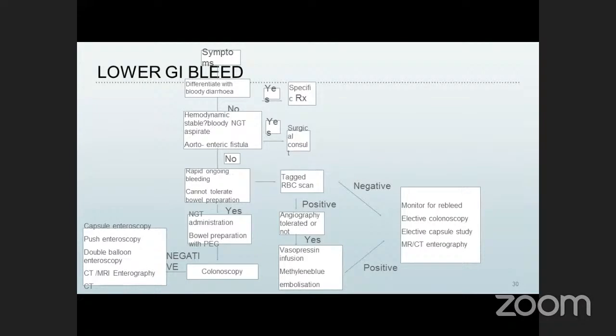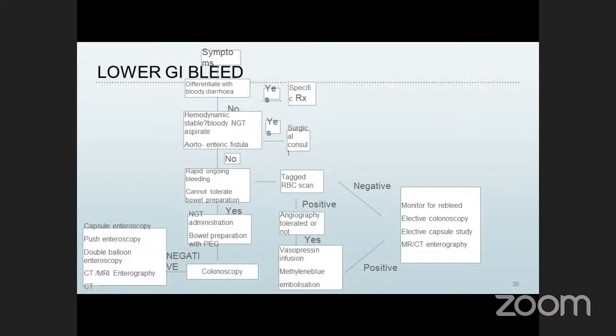If the patient is hemodynamically stable and is not bleeding profusely and can tolerate bowel preparation, in such cases always go ahead with colonoscopy. If colonoscopy is negative, go ahead with capsule enteroscopy, push enteroscopy, double balloon enteroscopy, or CT or MRI enterography. So the specific therapy, once the bleeders are identified on angiography, would be either vasopressin infusion after